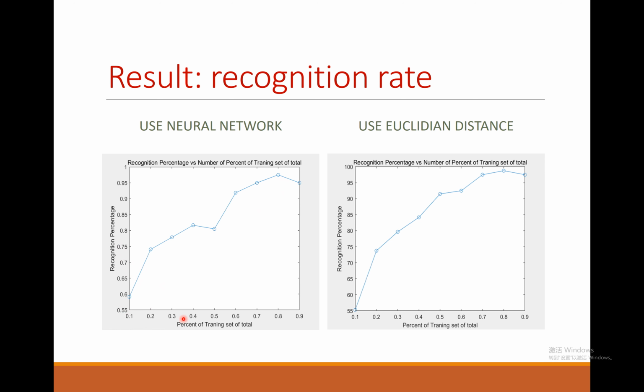We can see that when the training set becomes larger, it has better performance, and that is reasonable because when we have more training data, the network is more likely to succeed. And these two methods have a similar performance in the